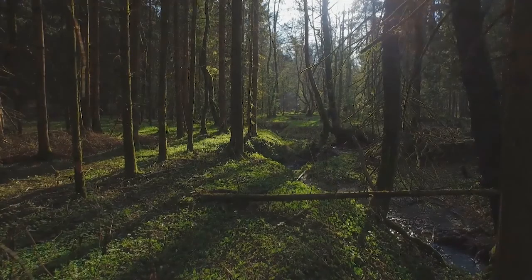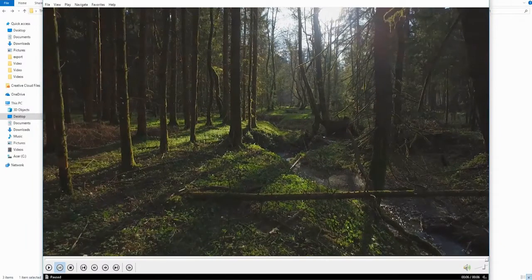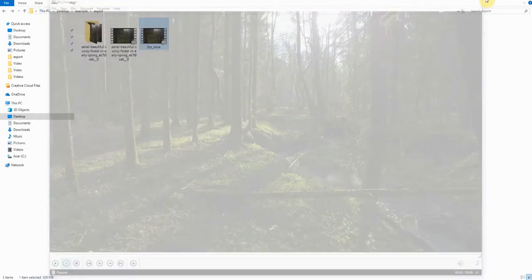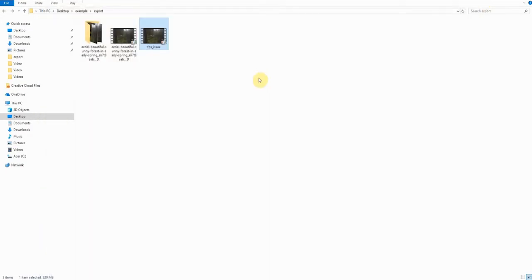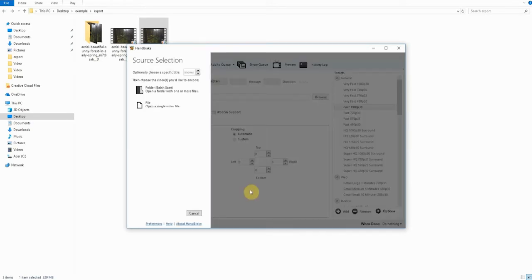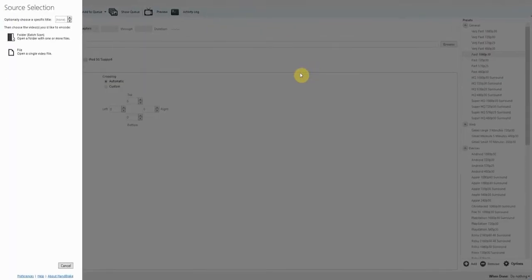Now, what I would recommend is that if you do need to change the frame rate on your video, I recommend a program called Handbrake. This software you can actually find online for free. Okay, so just go to Google and type Handbrake. And to use this program, you just open it up